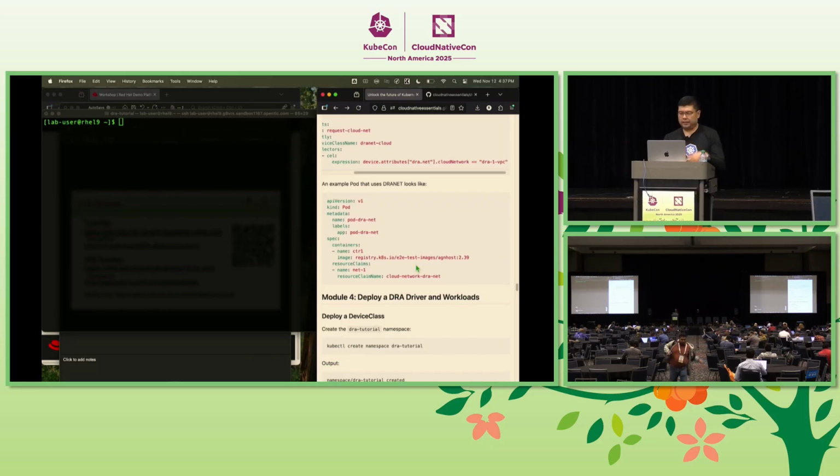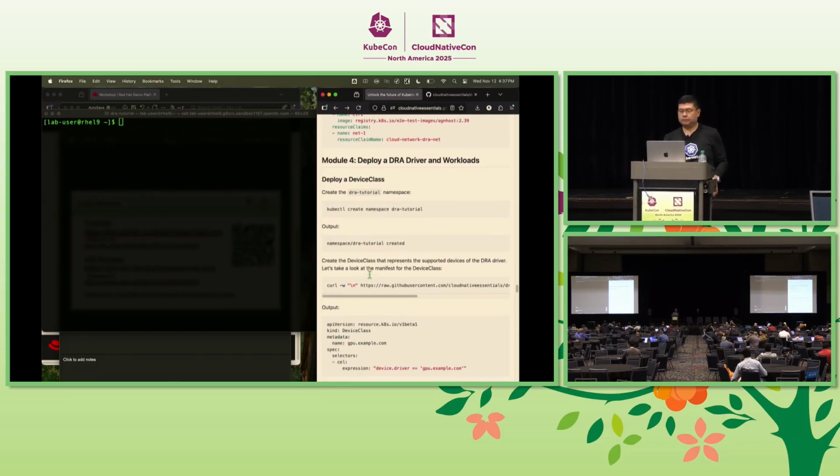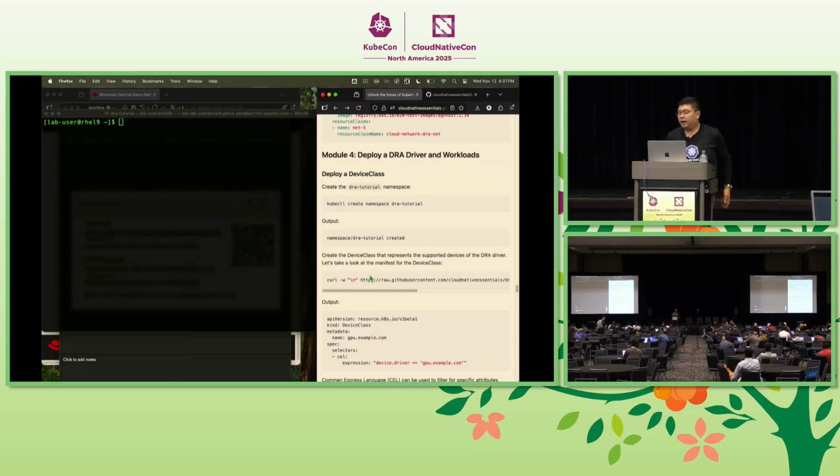This example is giving a VPC. And this is the pod example on how you would use DRA Net and reference a resource claim in your pod spec here. You would just use resource claim name as well. So we are actually in the last module, which is where I want to spend most of the time here,